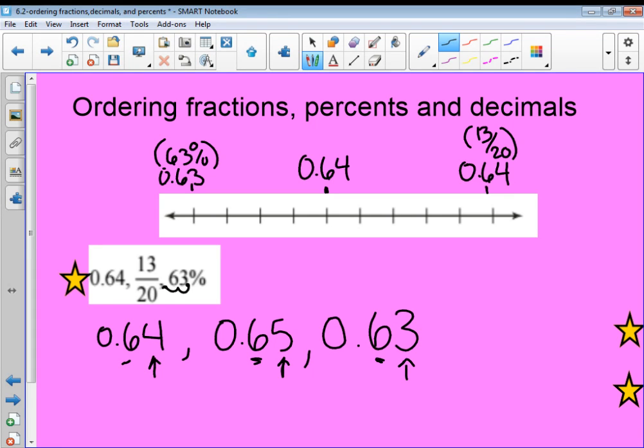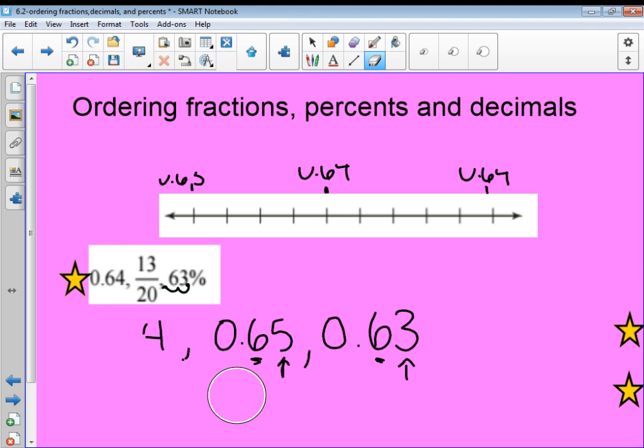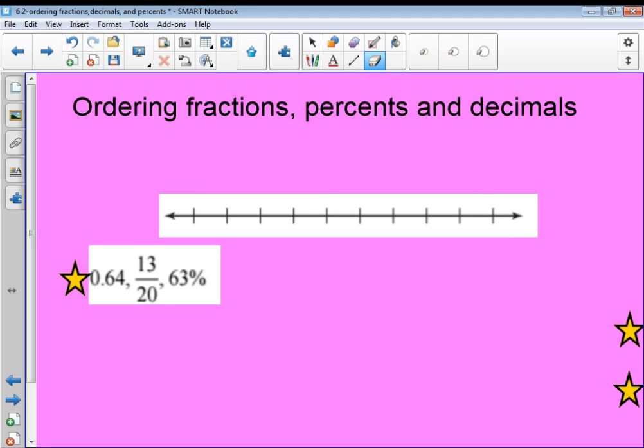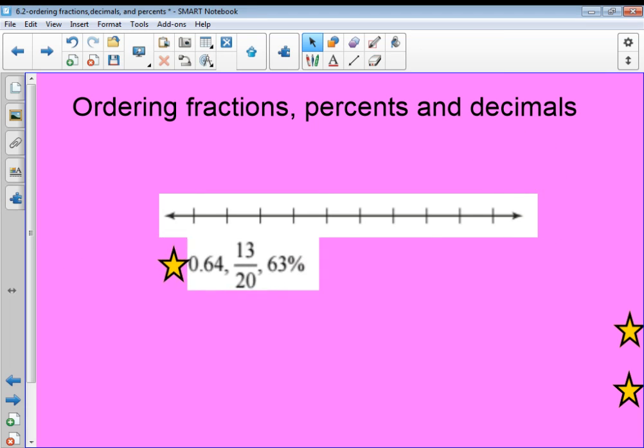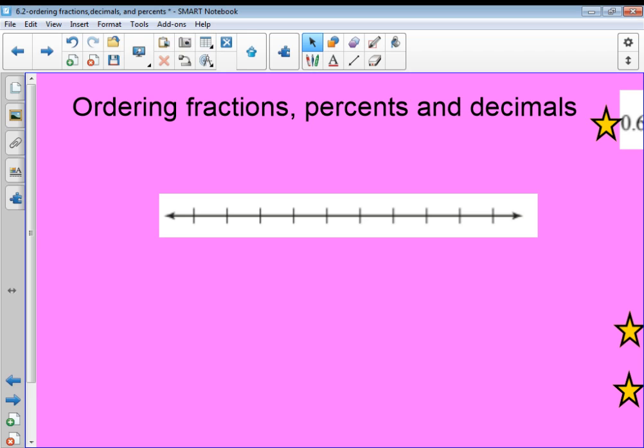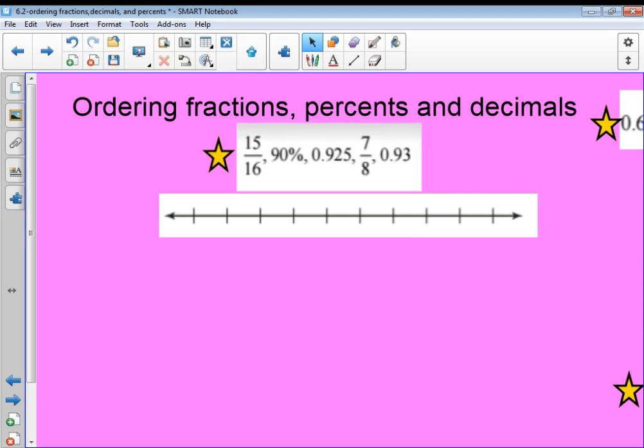All right, let's do just one more as another example. All right, so I have 4 of them. Okay, once again, I'm going to choose to put them into decimal form because I think that is the easiest